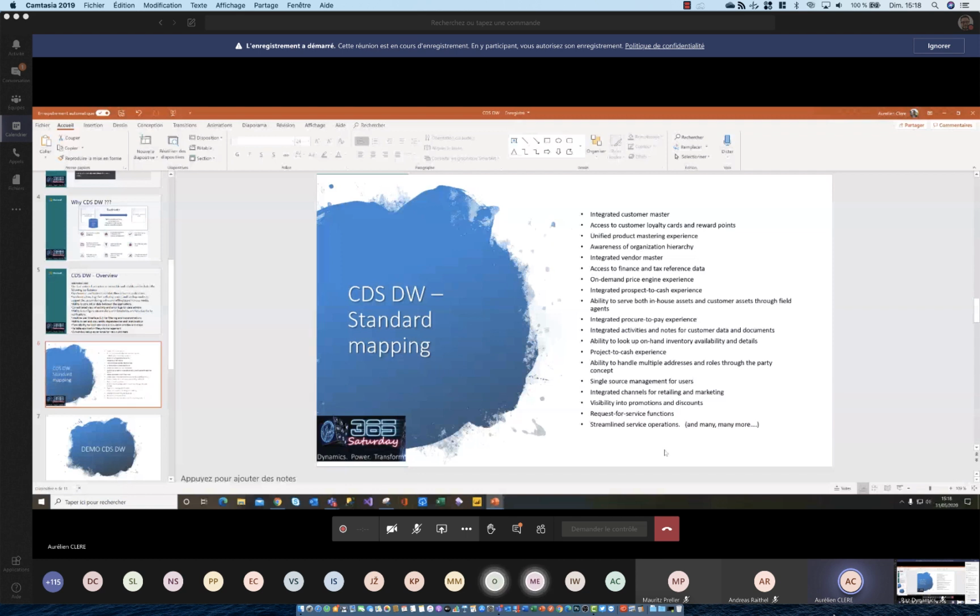Because for customer master, if you want to sync the customer data entities from FinOps to contacts or accounts on CDS, but you have created a lot of new fields on your customer data entities in Finance and Operations, you also want to have these new fields on your CDS. Of course, you can create the new custom fields on your CDS, and after that do the mapping. So a lot of process behind.